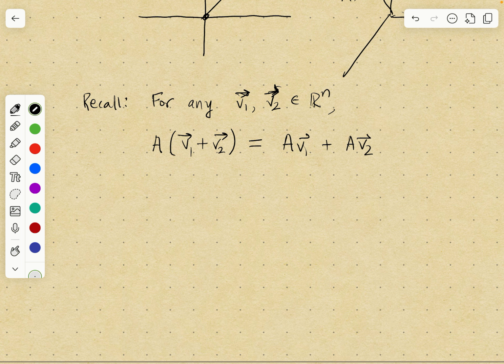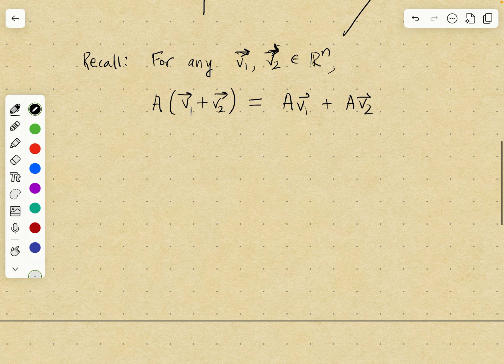Okay, so it might be a good idea to review why that's true. And then another property is, so also,